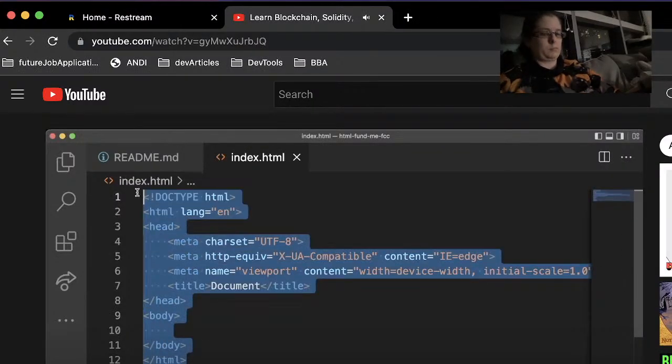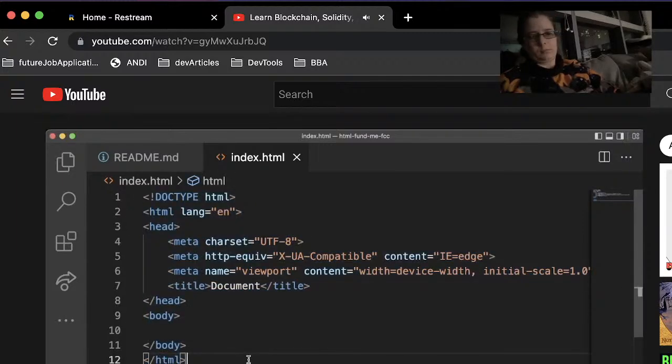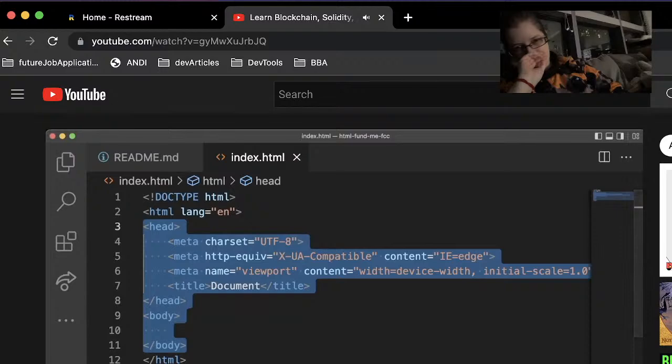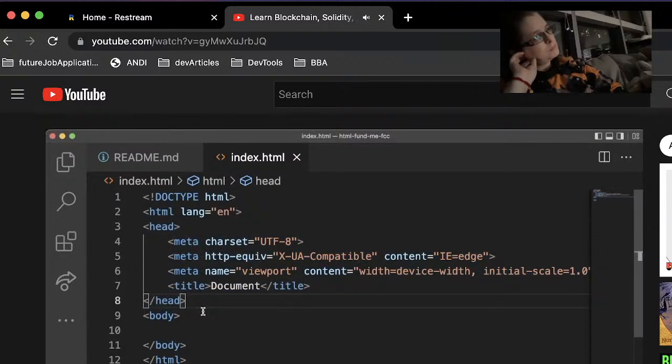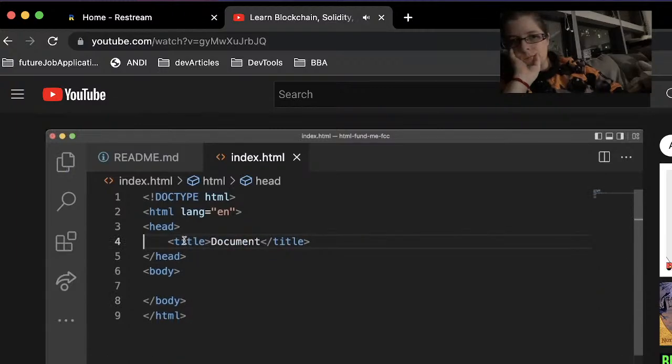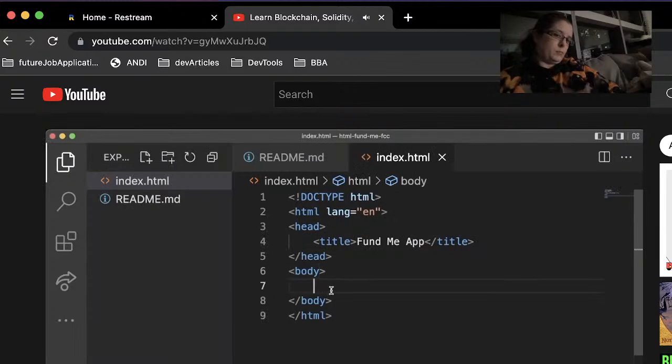HTML setup. If it doesn't do this for you, feel free to copy paste the basic setup from the GitHub repository associated with this course. We have our doc type HTML. We have some HTML tags telling us that everything in between here is going to be an HTML, which is great. However, for simplicity, we don't need most of this. So we're going to make this a little bit easier. We're going to delete this line, and this line. And we're just going to change the title to Fund Me App. And then inside of our body,